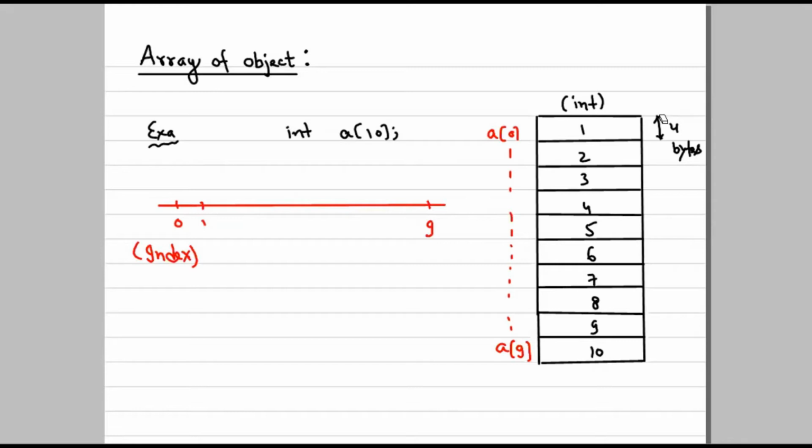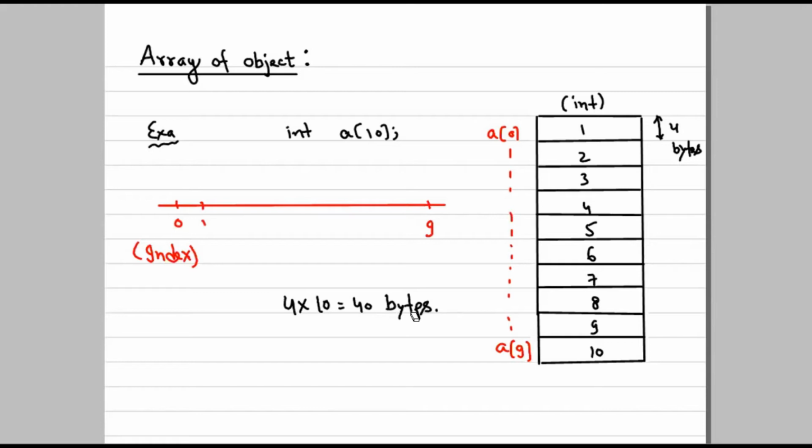As it is an integer array, all the elements would be of the same integer type. Then how much memory would the whole array take? The answer is 40 bytes. Why? Because we have 10 elements and each element is of 4 bytes. So we can say that A[10] would take 40 bytes in memory, and not just 40 bytes, but all those memory chunks would be contiguous. They should be in a sequence in memory. That is the property of being an array.